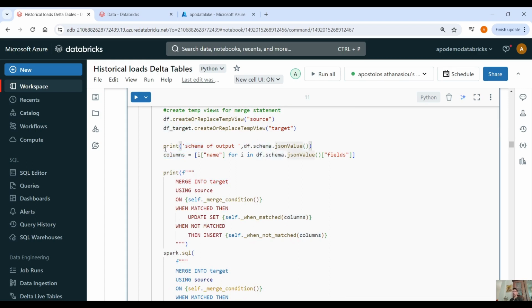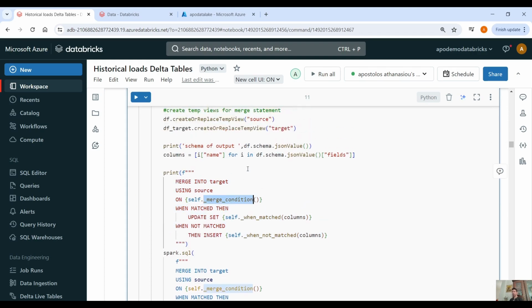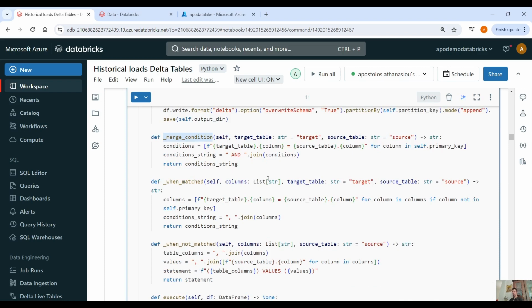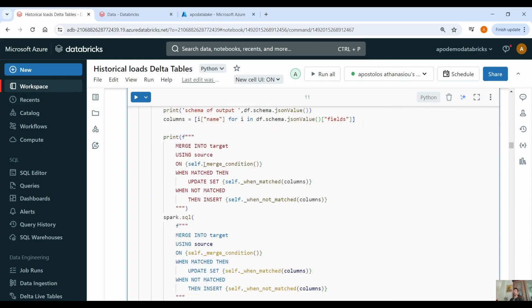You will see I have used this print statement, so we will see what this JSON value provides, but actually we just get the column names of this data frame. And then in the merge statement, I have printed the merge statement. We use the merge condition function, which is nothing else than combining all the conditions, like